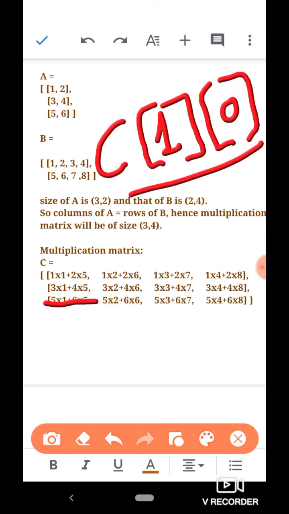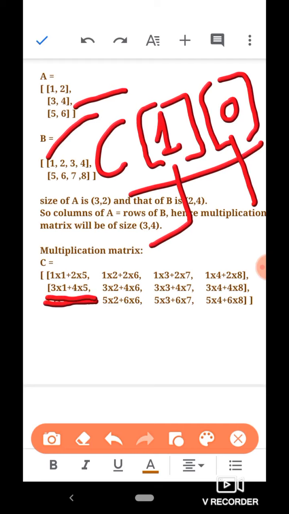We took the row at index 1 from matrix A, which is 3 and 4, and the column at index 0 from matrix B, which is 1 and 5. We multiplied 3 with 1 and 4 with 5 and added. This is how we obtained it.